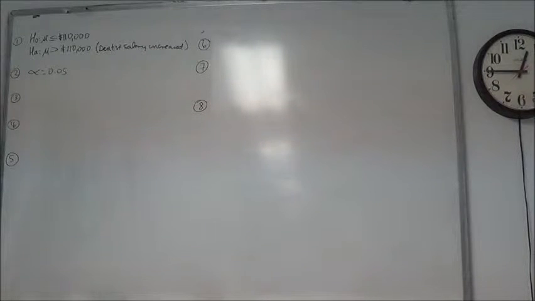The standard deviation is from the population. Because they said they know the standard deviation is $36,000, so it's from the population. If you are refusing to follow the sampling rule, you can get it wrong. The rule is very simple. It has to be Z. You know the population standard deviation, so it's Z.